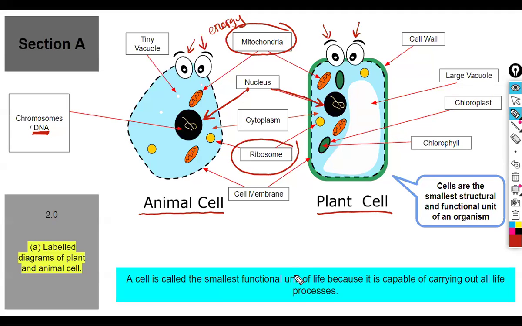And guess which part of your cell creates all of those proteins? Mr. Ribosomes. So without ribosomes, well, you will die, because if you can't create protein to build everything in your body, you will just probably turn into a pile of dust. Okay? Right. And the other thing, all of these things are floating around inside a liquid. The name of that liquid is the cytoplasm, right? The kind of bluish liquid is called your cytoplasm.